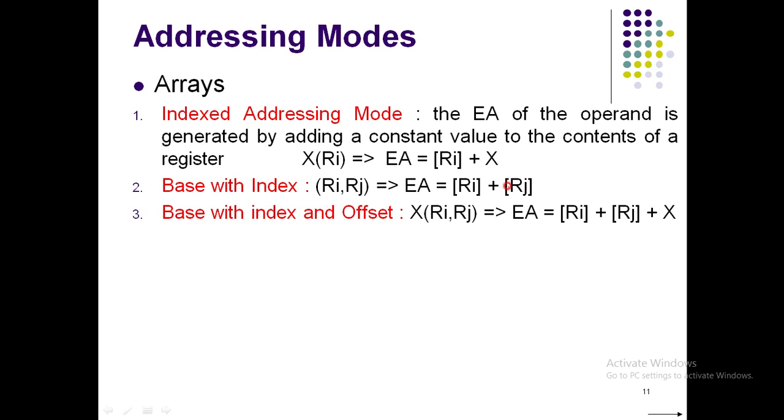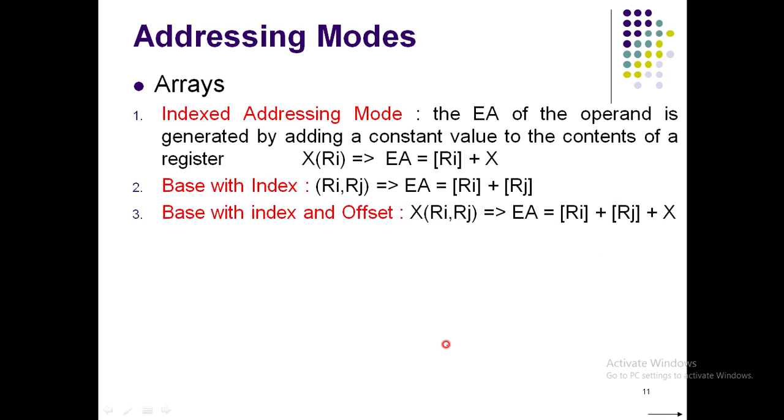Okay, now the next one is with index and offset. So here we have both the things. Here we had only index. Okay friends, here we have both index as well as the offset. So what is happening now is nothing but your Ri plus Rj plus your index x. So that means it has both the things, one is offset and another one is index. So it's an extension of the previous thing. Here we had only the index, here we have both index and offset.